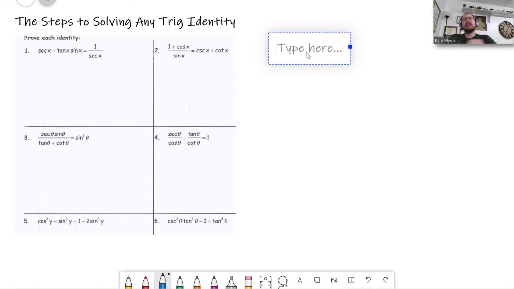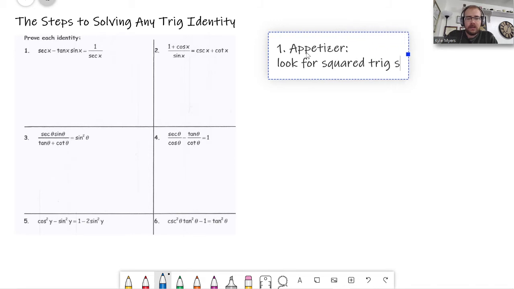You want to treat it almost like you're going to go to a nice restaurant and eat. Step one is the appetizer. Here's what you want to do. You want to look for Pythagorean theorem identities. So you want to look for squared stuff, squared trig stuff. We're going to use either sine squared plus cosine squared, so any of the three